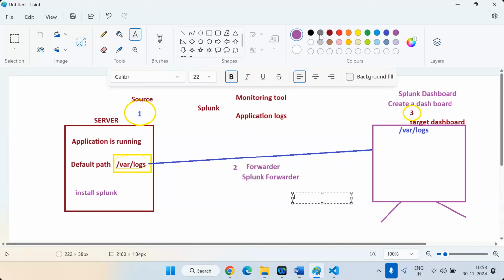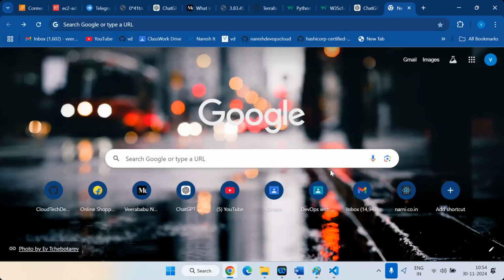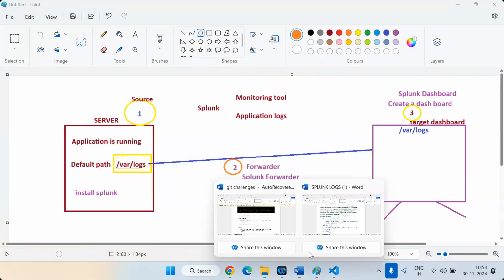Same if you can take any. Mostly tools are working on the same principle. Install the agent, forward the logs into some destination dashboard. Clear till here? Yes. And a very important thing,